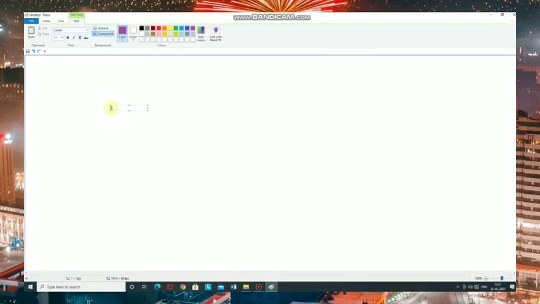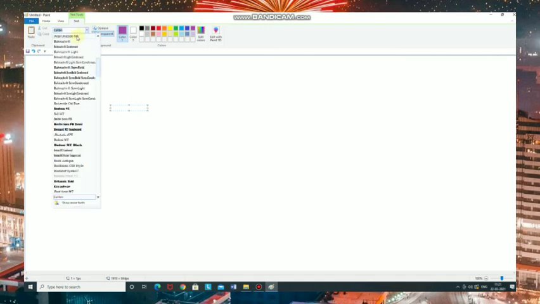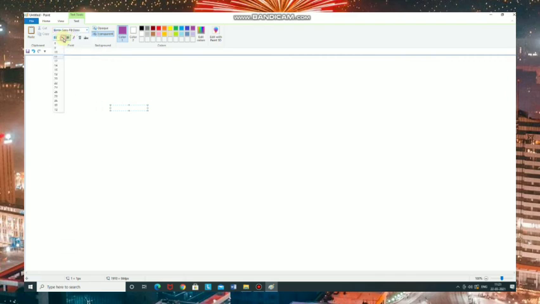Like this. Notice that the text tab under the text tool tab appears in the main toolbar. This is the toolbar of the text tool. Then in the font group, select the font size and style. So these are the different fonts. So select any font from here. Then select the size from here.